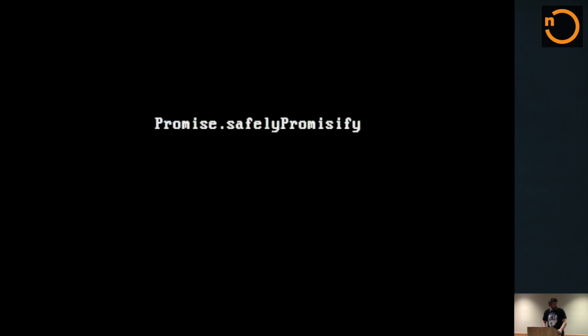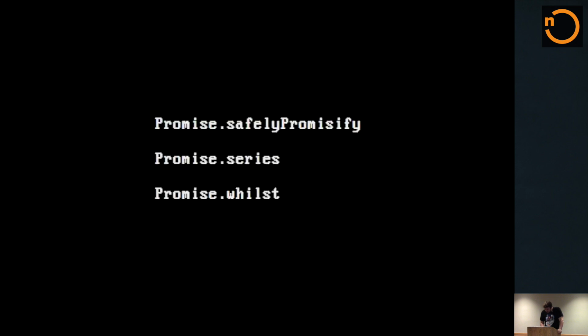So we've added the safely promisify function that I showed you before. That's the one that takes a function that either calls a callback or returns a promise and makes sure that for sure it will return a promise. We have a function called series, which will do a lot of the stuff that you saw, similar to async waterfall or async series or async forEach. There's a whole bunch of methods to wrap them all up into one. And also the whilst function that I just showed you.